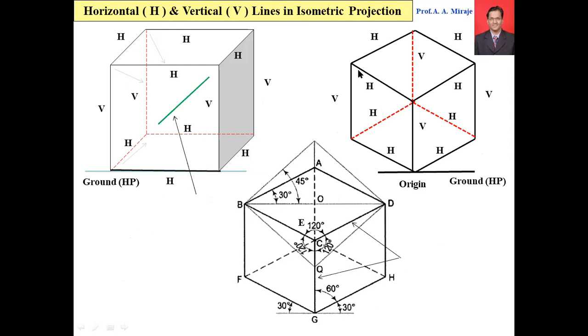So if I draw a short line here and measure this angle, this angle is nothing but 30. This is the angle of the line AB in the final view of that isometric projection of the solid. So the angle of this AB with this is 30. Similarly, the angle of BC with this is also coming as 30. So 30 angle and 30 angle, so total this angle is coming at 60.